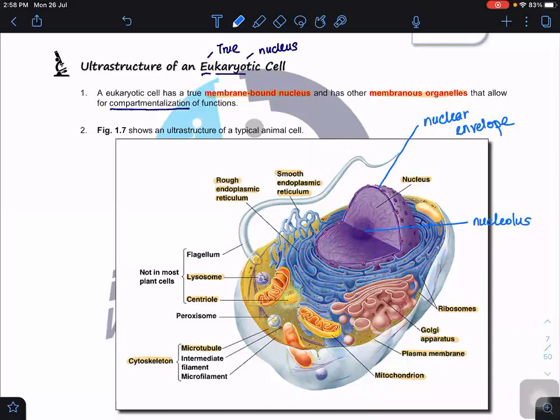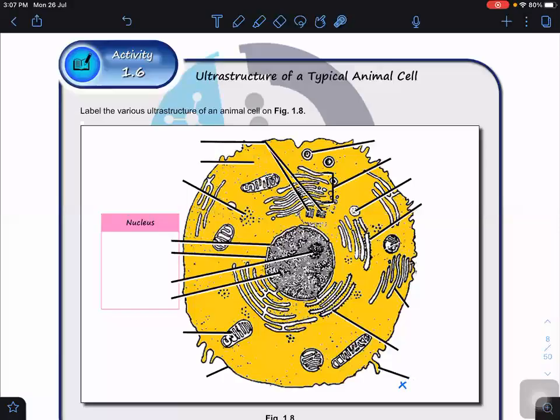And then you can see that a lot of pores. So this one is known as a nuclear pore. And then you see the thread-like structure inside, right? Something like thread, so this one is known as the chromatin. What I labelled here, nuclear envelope, nuclear pore, nucleolus, and chromatin, all of them are termed as subnuclear structures, meaning that the nucleus is subdivided into nuclear envelope, nuclear pore, nucleolus, and chromatin.